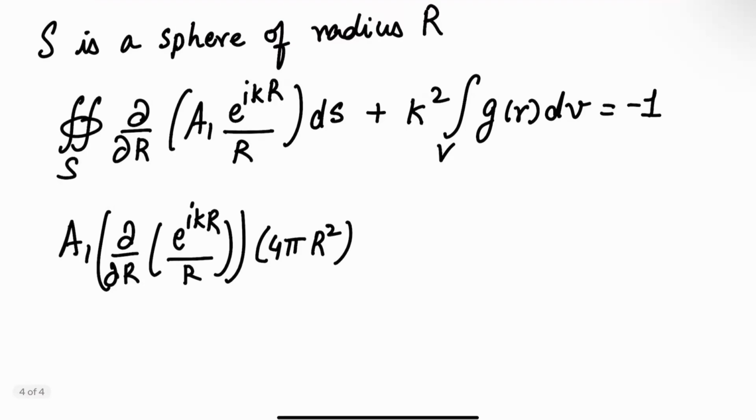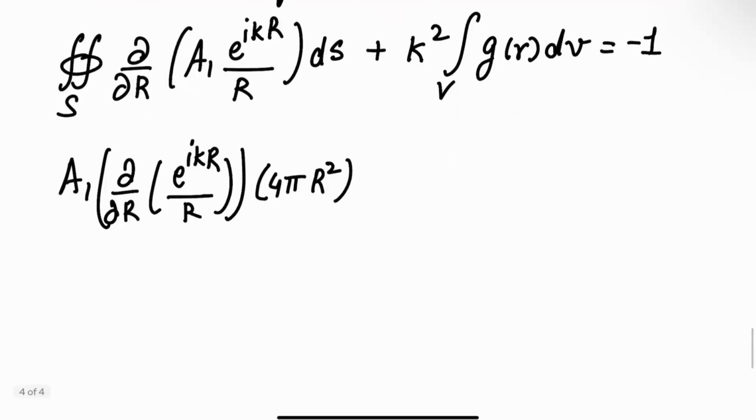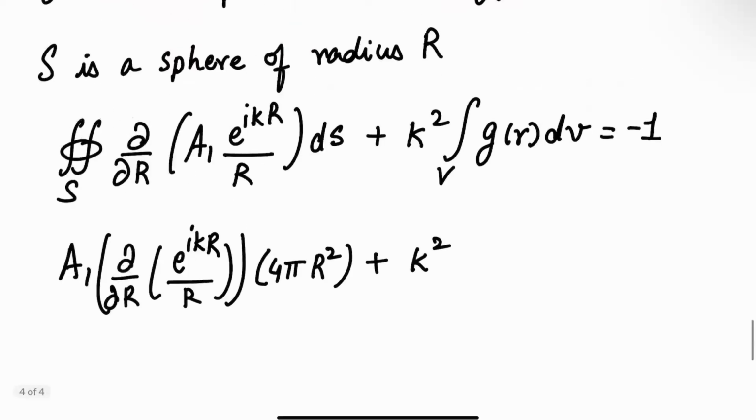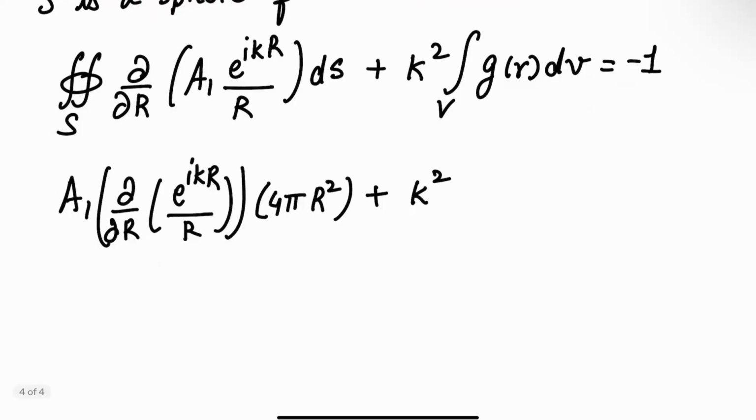Because ds is not just d theta d phi, you also have R squared in there. Okay? Plus k squared. And again, I can write A1 times e to the ikr over r, and now that is integrated over